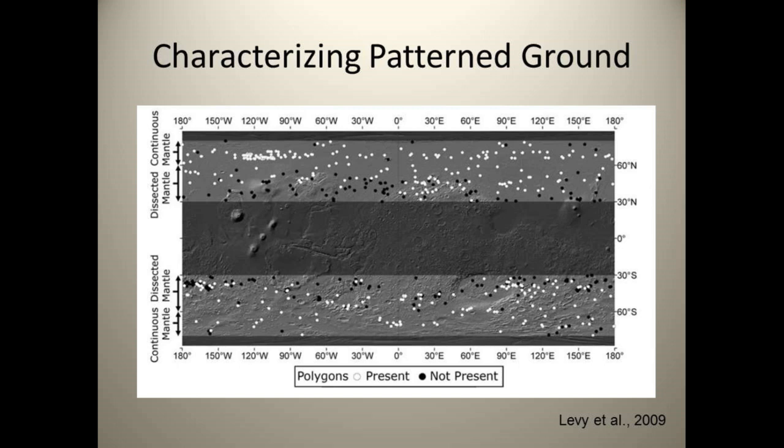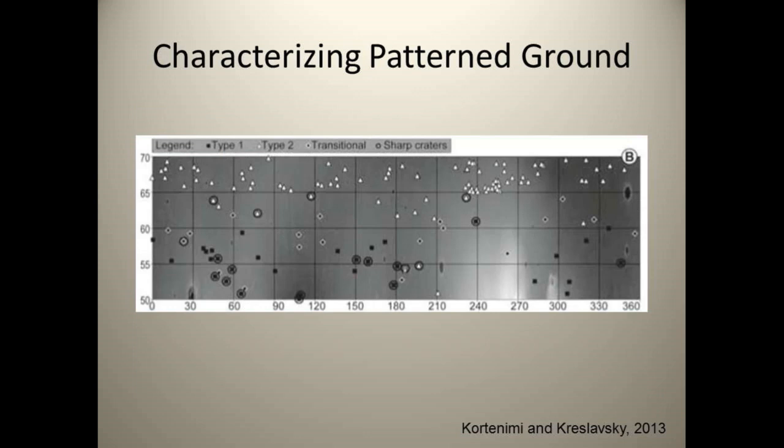Later, with HiRISE imagery, we continued using these geomorphological observations to study the pattern ground terrains. And we found, again, with the newer imagery, the distribution of the polygons is still very similar, and the types are very similar as well, but we can see much more in detail. And then again, we use different geomorphological characteristics to find these polygons and describe them, but we find relatively similar things. There are larger polygons further south, towards the equator, and smaller polygons further poleward.